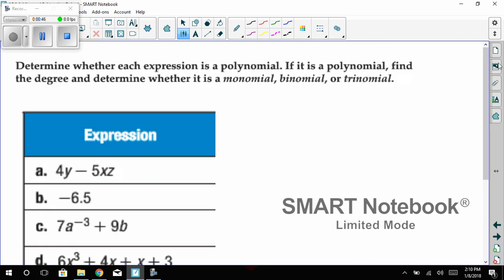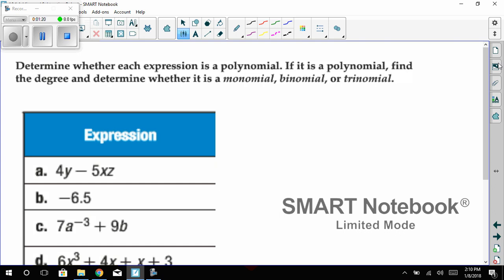Okay, so the first set of problems is to determine whether each expression is a polynomial. Remember from what we just talked about, a polynomial is a sum or difference of monomials. Monomials from last chapter are products of numbers and variables. So we're looking for products of numbers and variables, and then those things added or subtracted together. If it is a polynomial, find the degree and determine whether it is a monomial, binomial, or trinomial. So first one here, A,